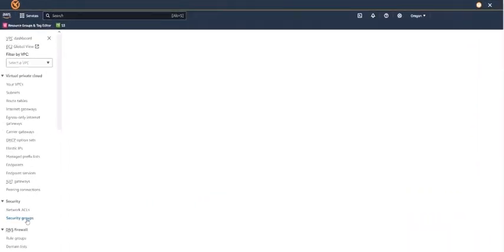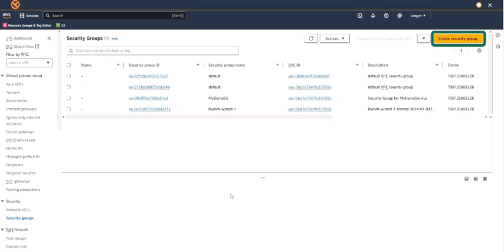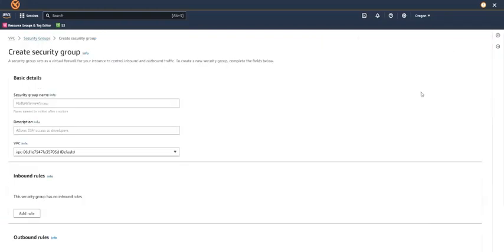Let's create more security for our VPC. We are going to limit the traffic our instance can receive by adding a security group. Select security groups and create a security group for our public subnet web servers.